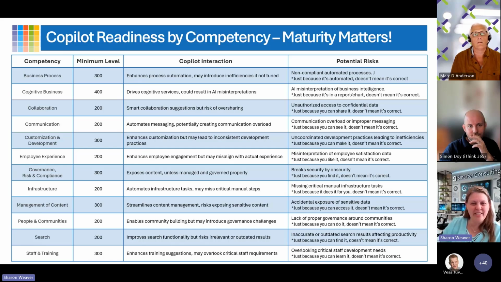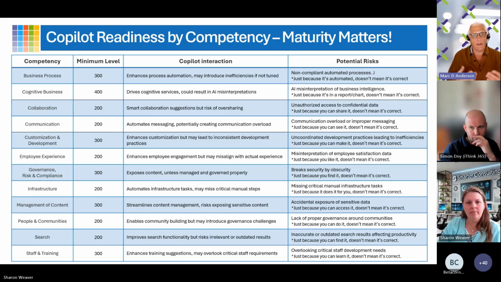Yes, I think somebody has their hand up for a question. Yes, I was thinking, do you think that a company needs to be at the minimum level of each competency to start Copilot? Or can we, for example, have a company that is 200 on collaboration and start the Copilot project? I think that's absolutely correct. I don't think that any company is the same level in all competencies. I think you are different levels in different competencies. I just think these are the minimum levels for each competency that you will probably need to either be at or approaching to see the value and be ready to roll it out with success. Is that fair?